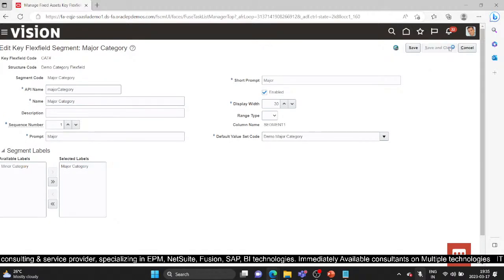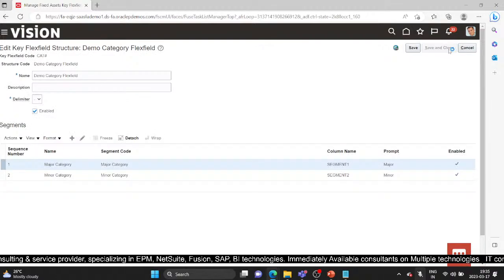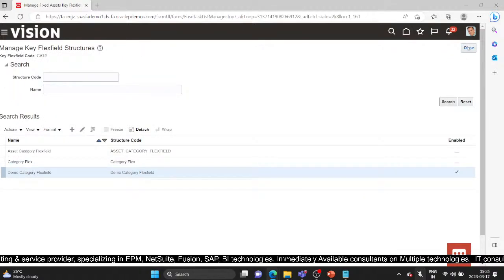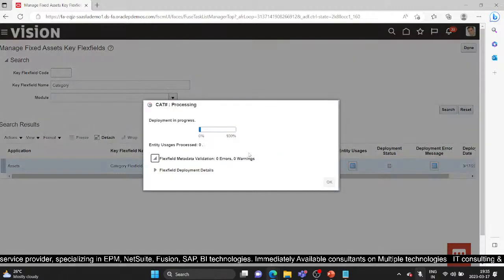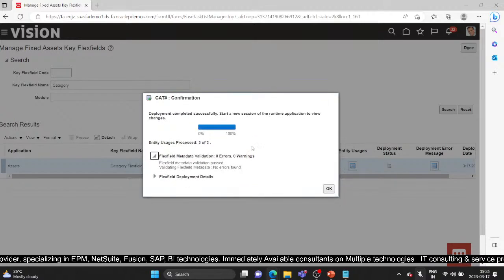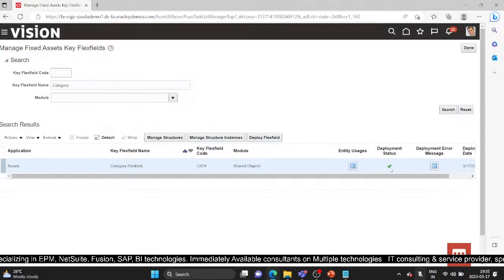Okay, let's deploy it again. So yeah, deployment is completed. The deployment status is tick now. Same way we'll quickly create for location